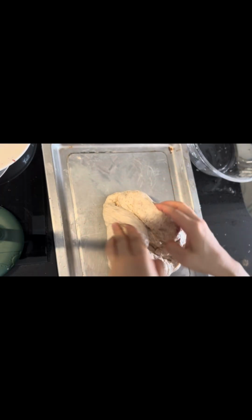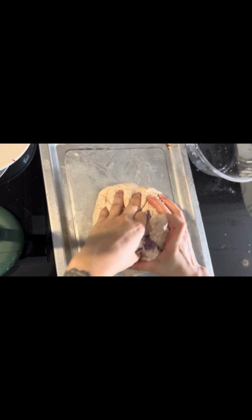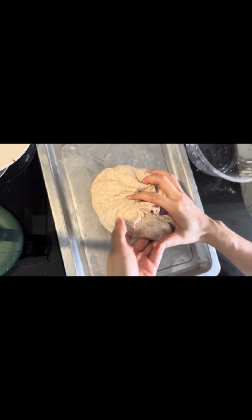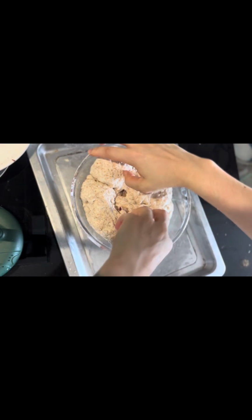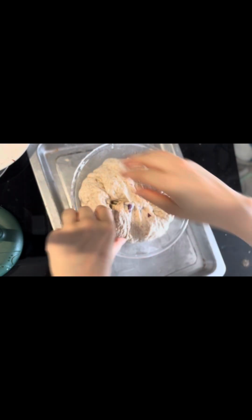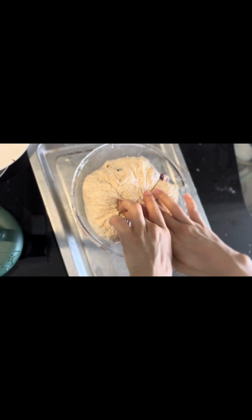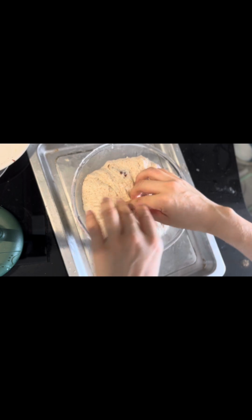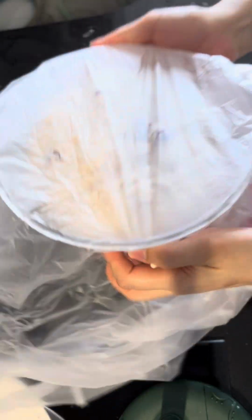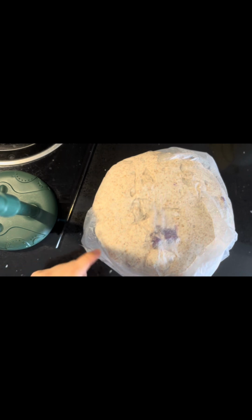And then this time I decided to bake my dough in the pot. It's a clay pot, and it can endure temperatures up to 450 degrees Celsius, so it's safe for baking. I don't know why I didn't film the time when I put the dough into the pot. So yeah,